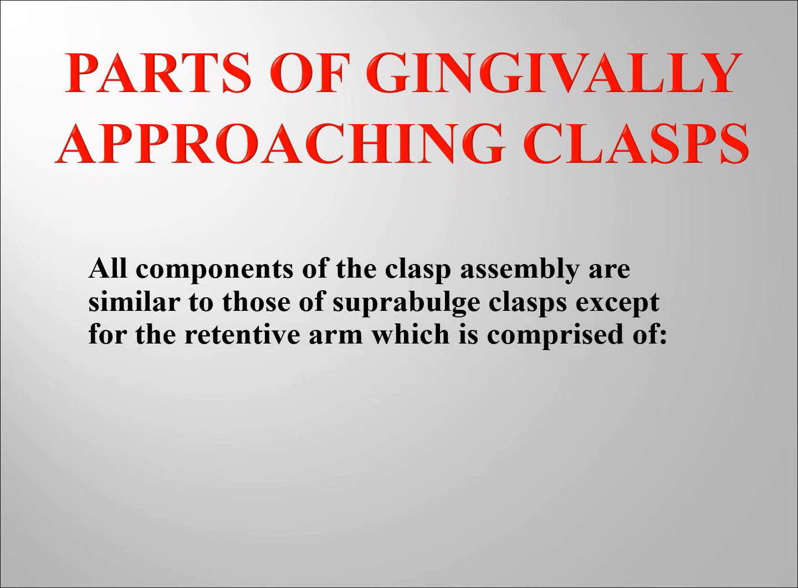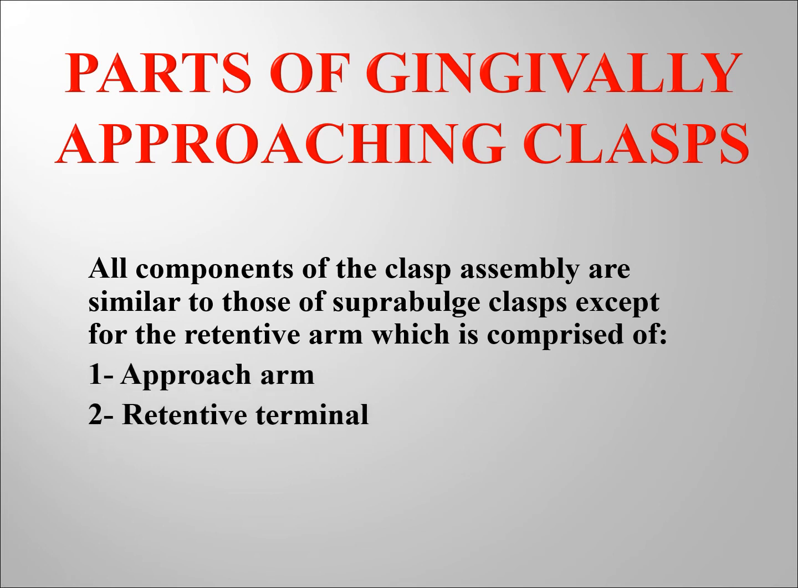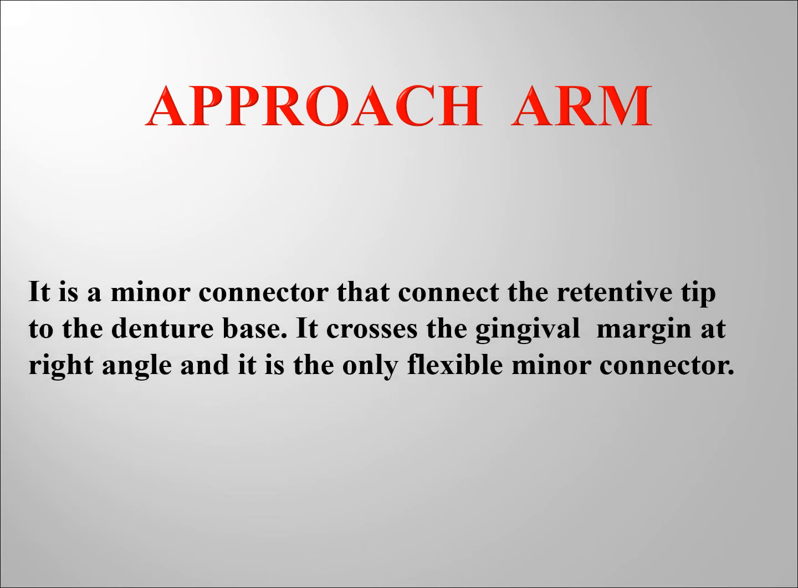The parts of gingivally approaching clasps: all components are similar to those of suprabulge clasps except for the retentive arm, which is composed of an approach arm and a retentive terminal. The approach arm is actually a minor connector that connects the retentive tip to the denture base. It crosses the gingival margin at a right angle, and it's the only flexible minor connector because